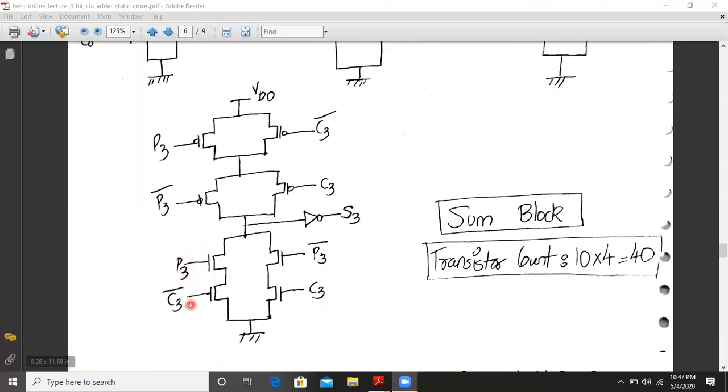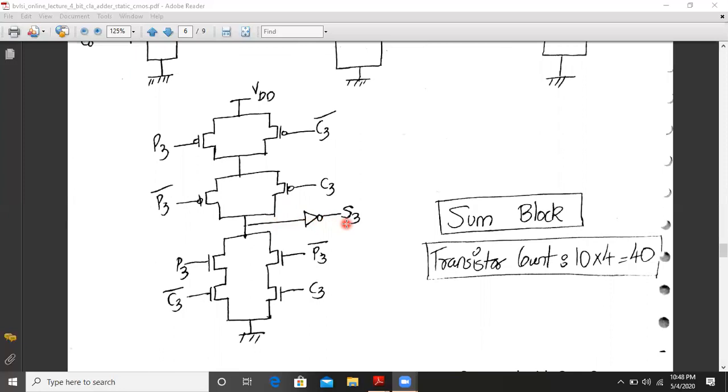S3 is P3 C3 bar plus P3 bar C3. That's the implementation using NMOS. For PMOS, P3 and C3 bar will be in parallel, in series with P3 bar and C3. That's the implementation using static CMOS logic. This will give me S3 bar, so I have to connect it to a CMOS inverter to generate the S3 term.